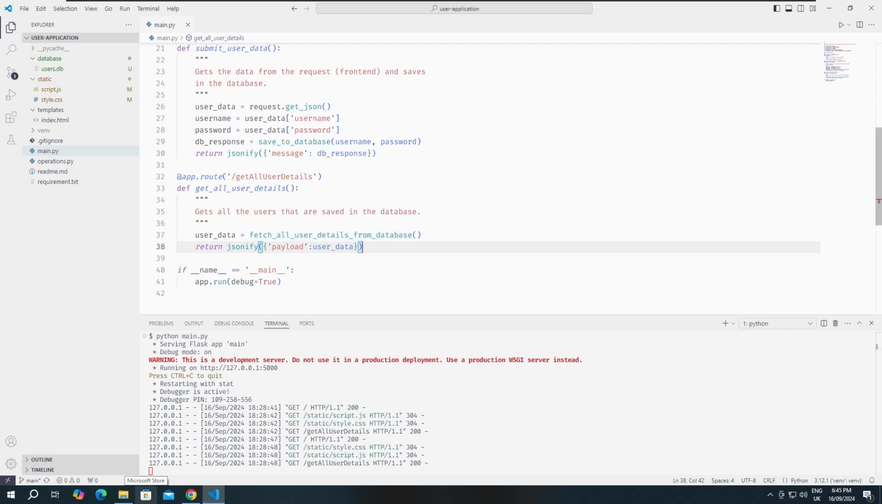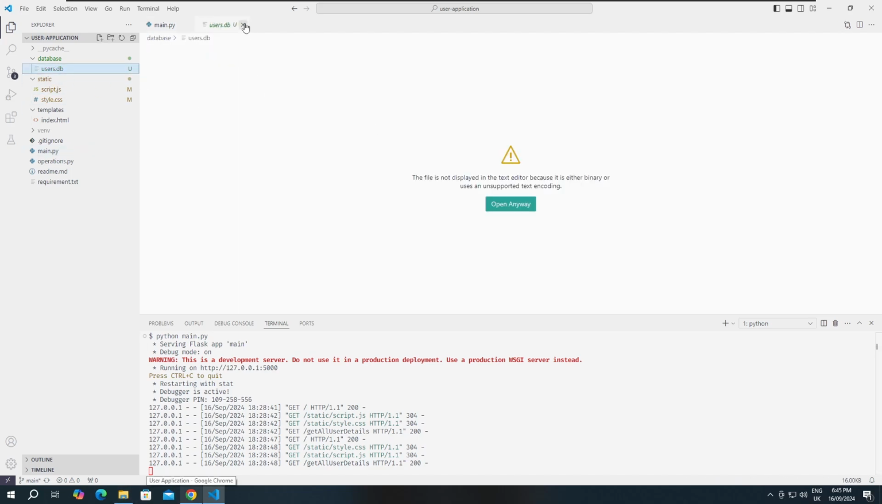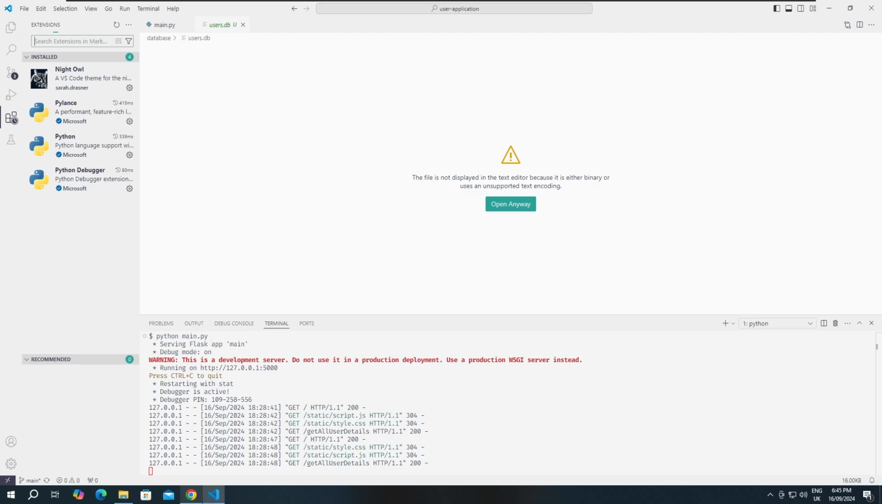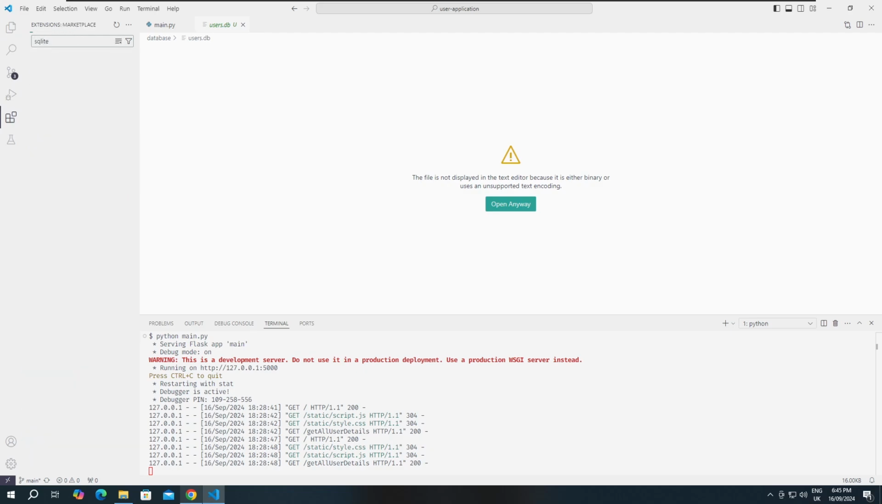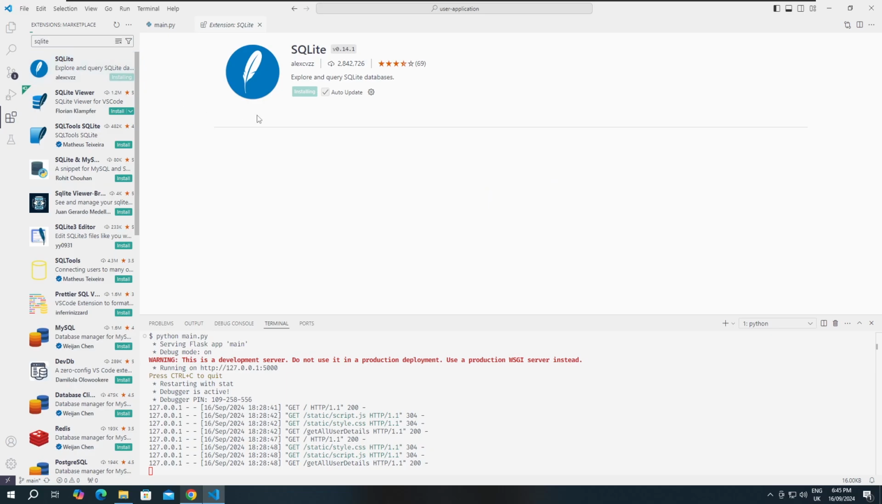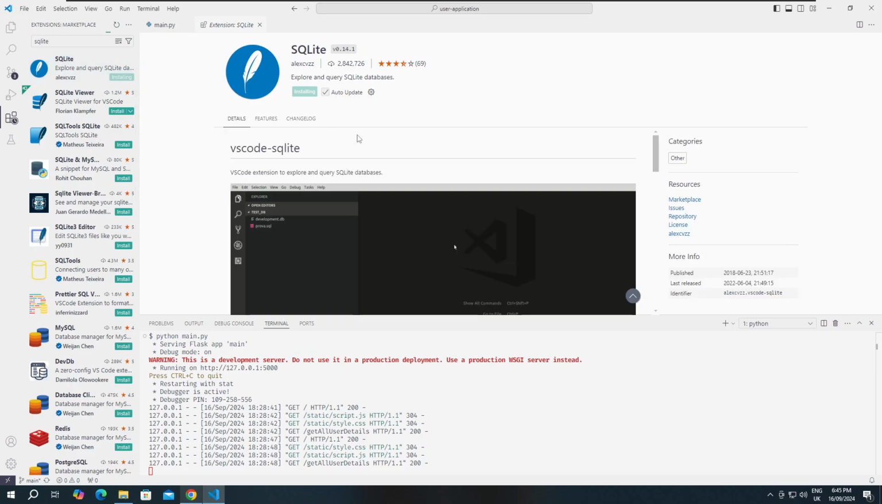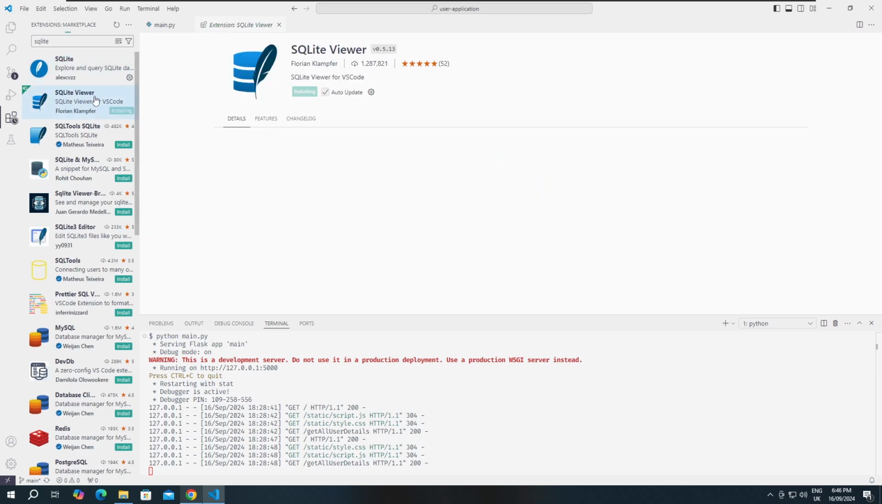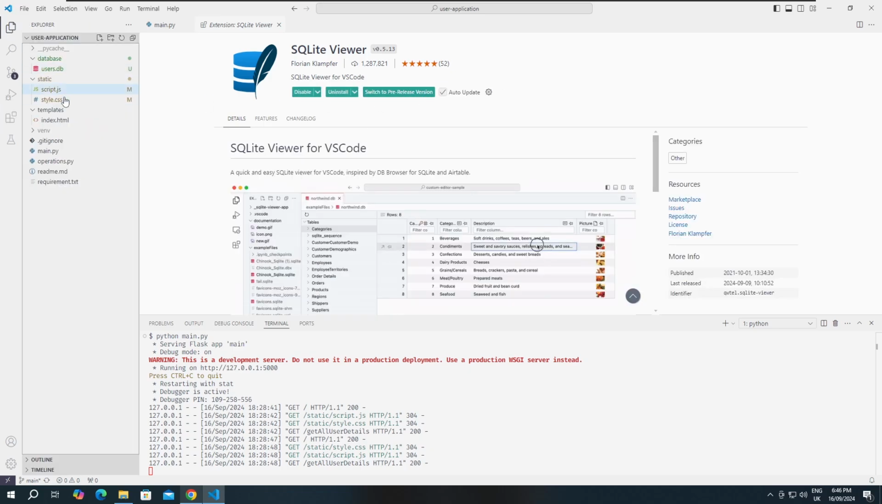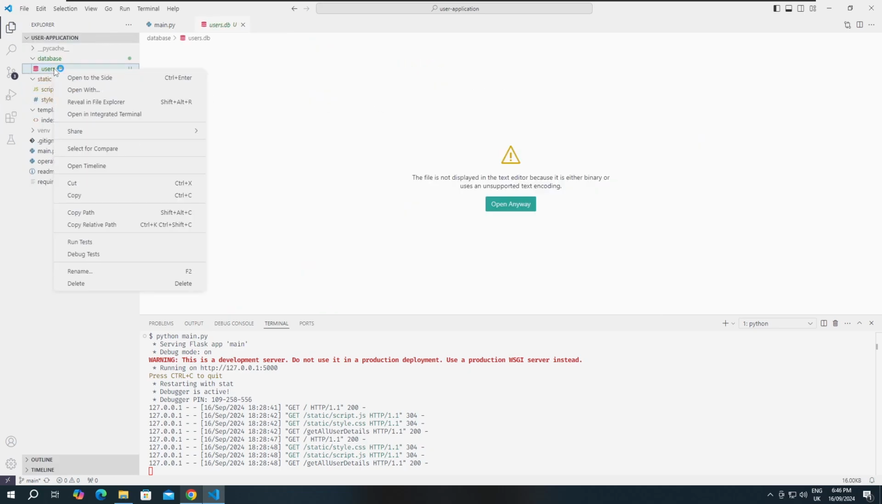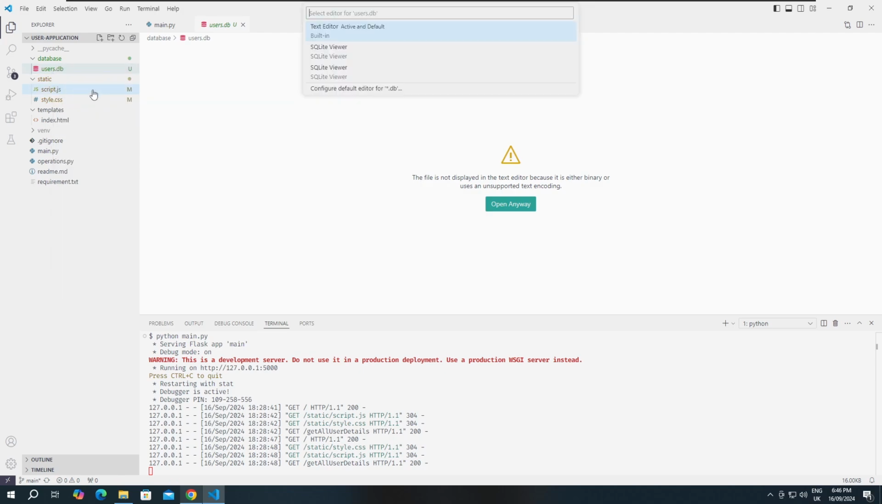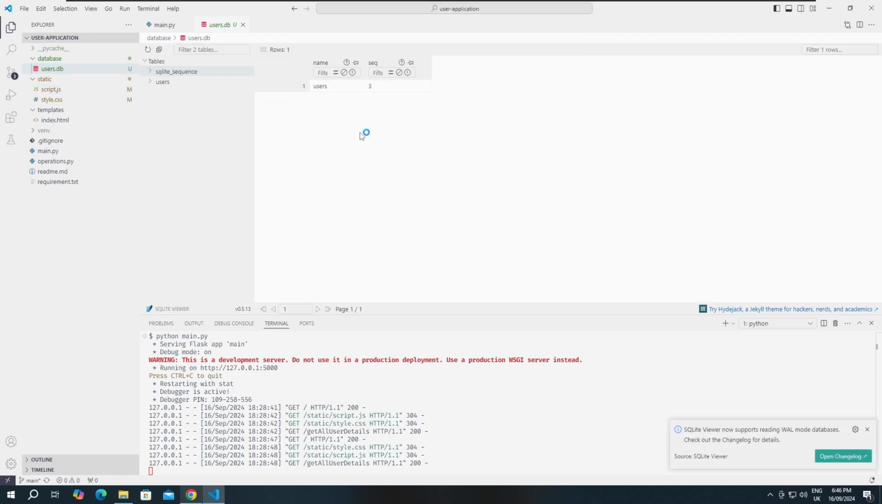Now, one more thing before completing this. I want to show you how the database looks. Can we open the database? We can't open the database directly. So to check the database, there is another extension that we can use, which is SQLite. Yes, we have a SQLite extension. Let me install the SQLite Viewer. Okay, it's installed. Now if I go to user DB, right click, open with SQLite Viewer,